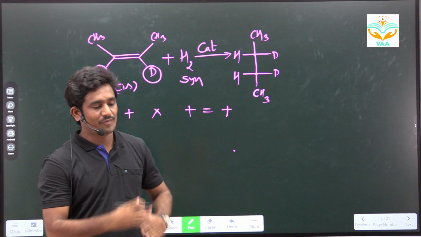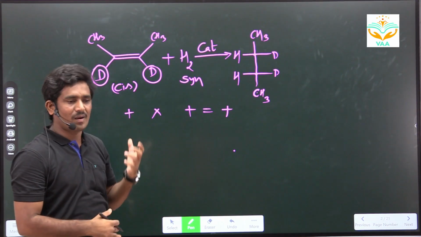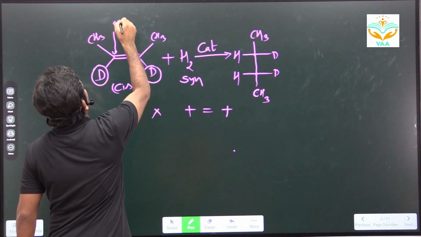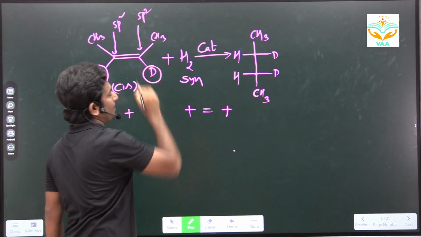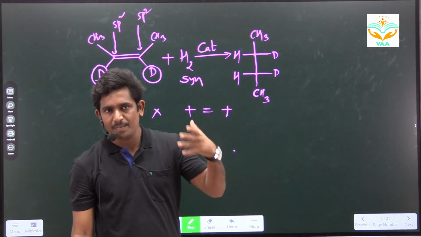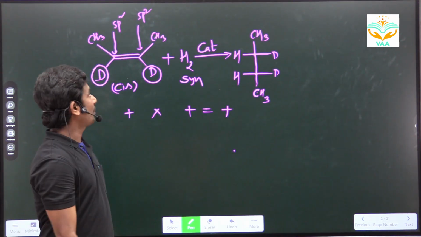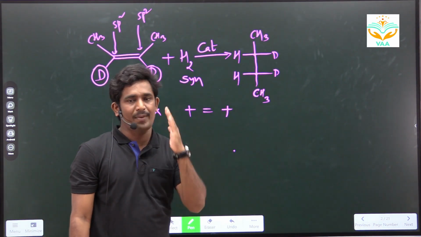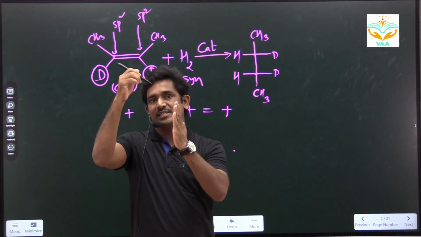What is another product? Look at it. This is the alkene. It is a planar molecule. What is the hybridization of this carbon? It is sp2 hybridized carbon atom. This hybridization you will study in GOC, General Organic Chemistry. So sp2 carbon, so it is a planar geometry, like this. It is planar.